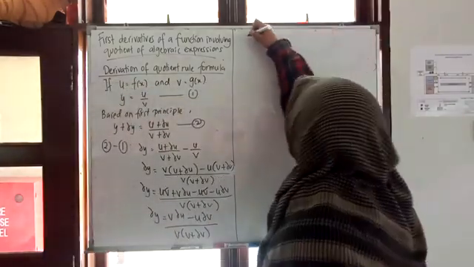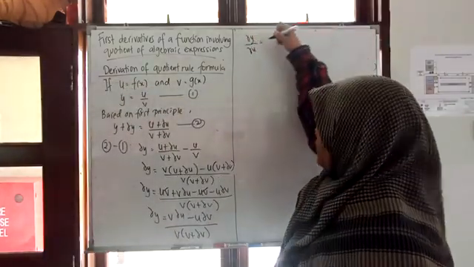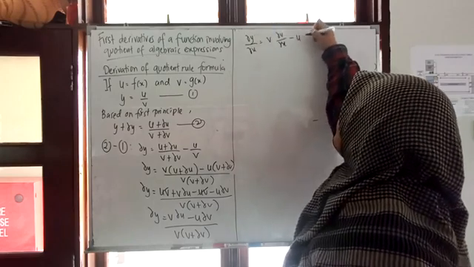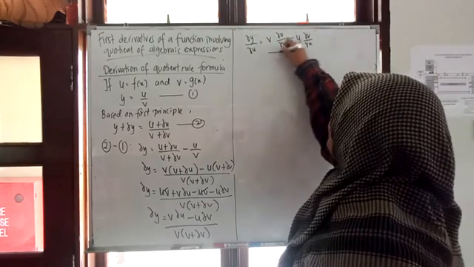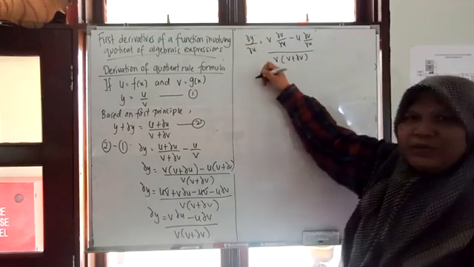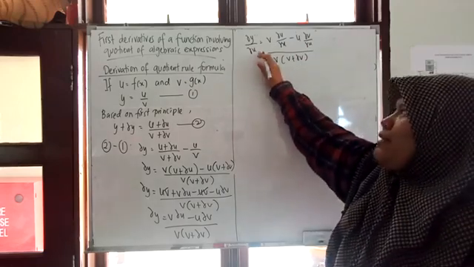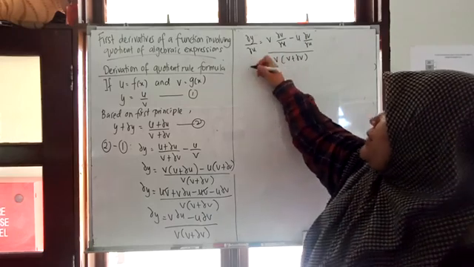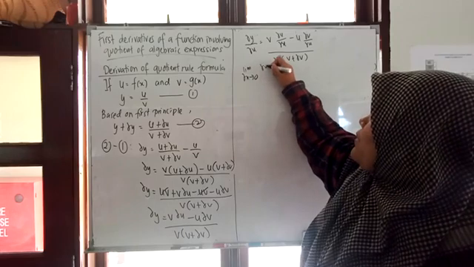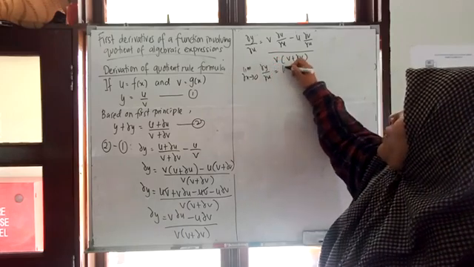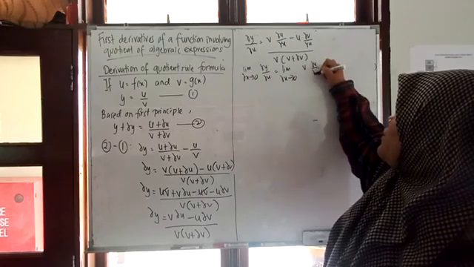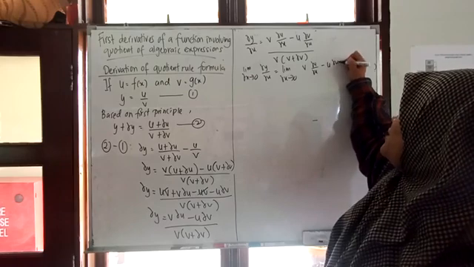So we will have delta y over delta x equals (v delta u over delta x minus u delta v over delta x) over v times (v plus delta v). Then we relate delta y over delta x with the limit. So as the limit of delta x approaches 0, delta y over delta x equals the limit of delta x approaching 0 of v delta u over delta x minus u delta v over delta x,